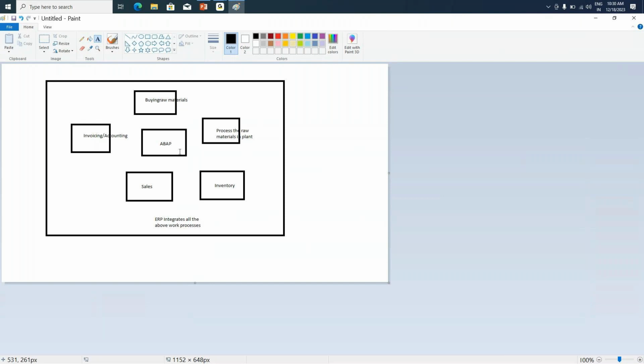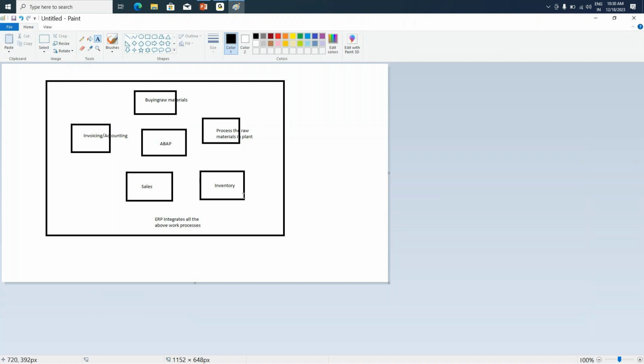For example, if you are getting a US project or any other project that works in a different time zone than Indian time zone, in that case you'll need to extend your work hours. You'll have to work late at nights if you need to communicate with the users to get the requirement or understand the issue. But as an ABAPer, since you're not connecting with the user at all, you don't need to work late nights at all.